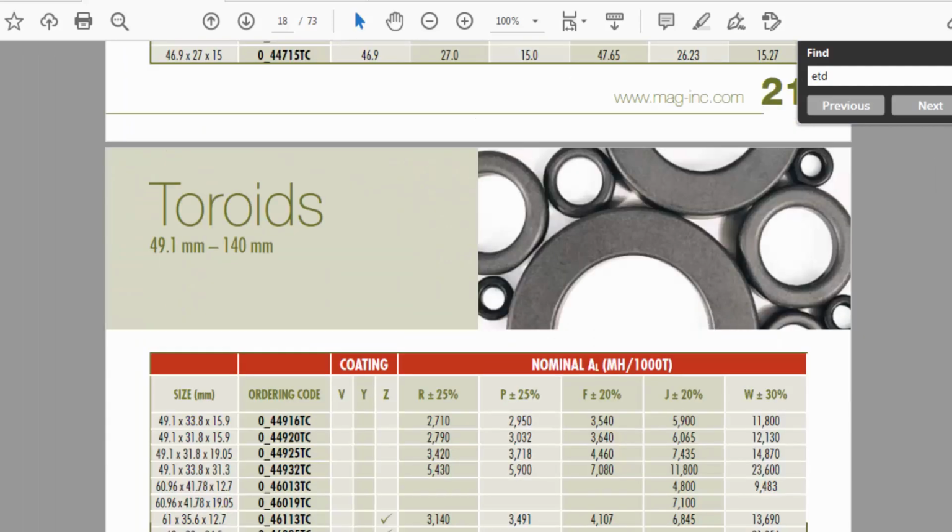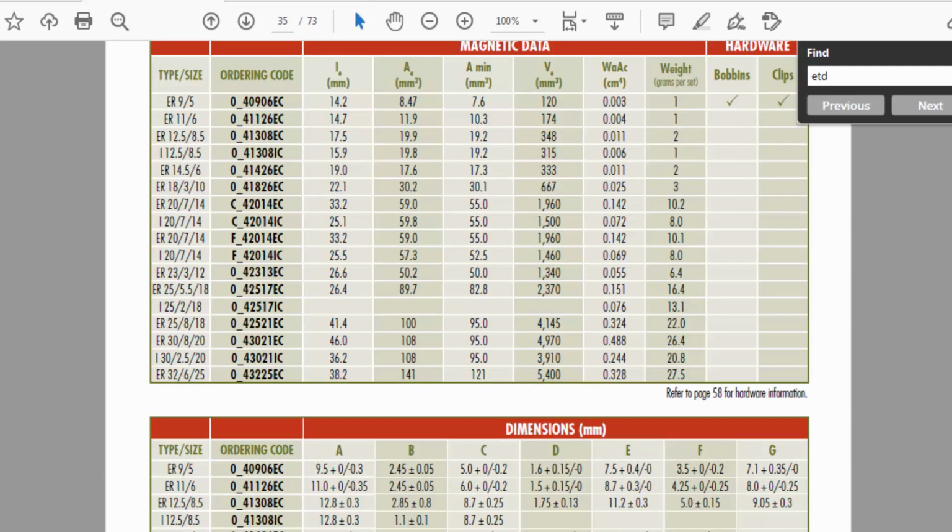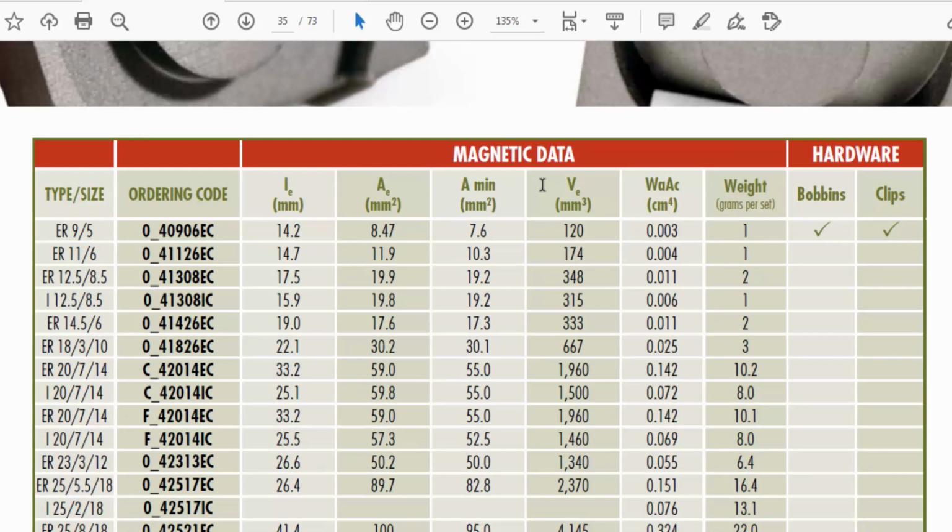So there are different methods, but when you go into design, the designing and calculation is basic. The most difficult issue is core selection.